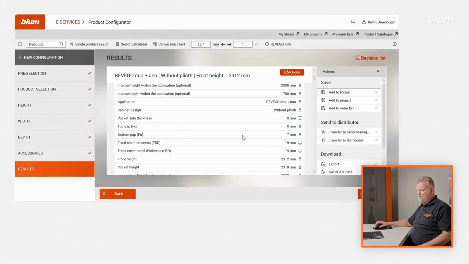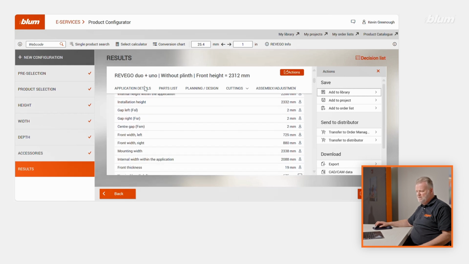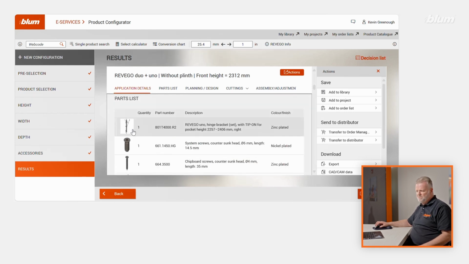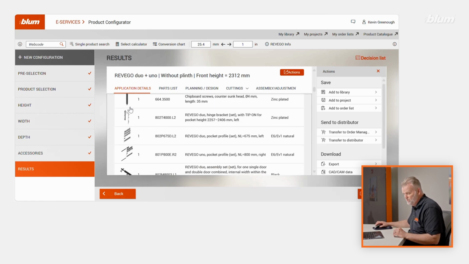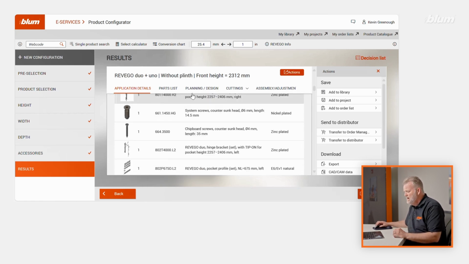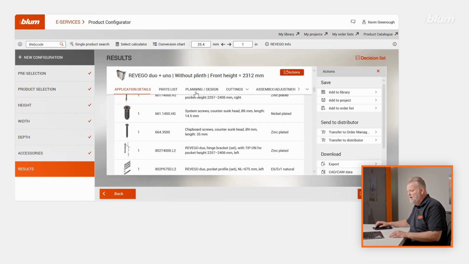Now we're showing a screen where it shows all the data I've entered in. It's now going to create a parts list for me, and it even gives me a quick visual of the parts that are in there, including that system screw and the wood screw that I specified. I'm also going to get planning and design information, and that is inclusive of